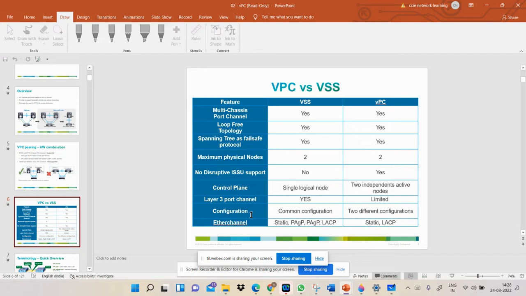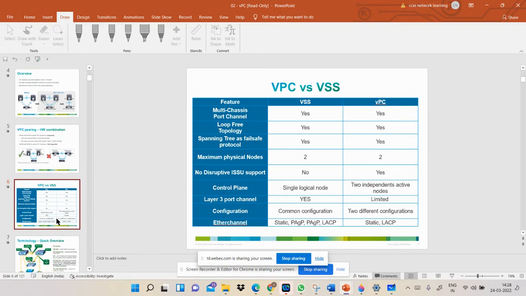The VSS has a common configuration, but the VPC has two different configurations, one for the primary and one for the secondary. Okay, EtherChannel: you can form static EtherChannel, PAgP and LACP in the VSS, right? But the VPC only supports two things, that is static and LACP. Okay, so after that,